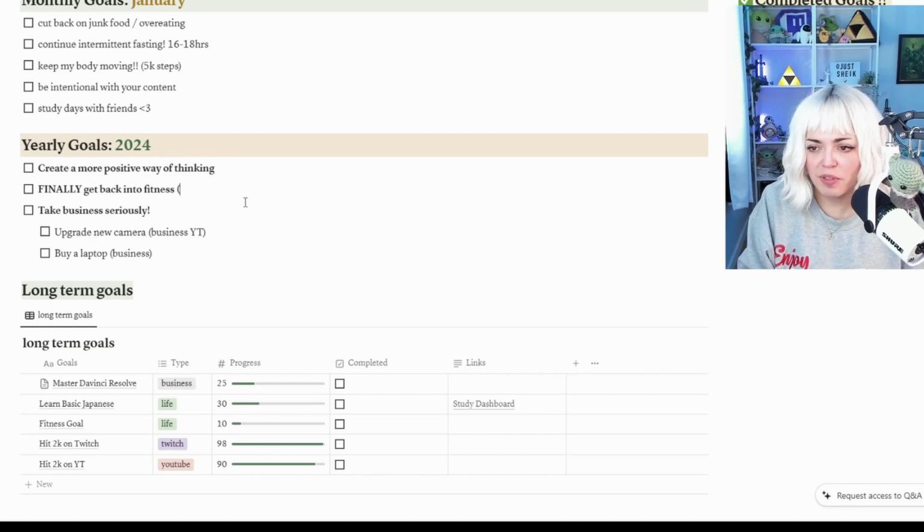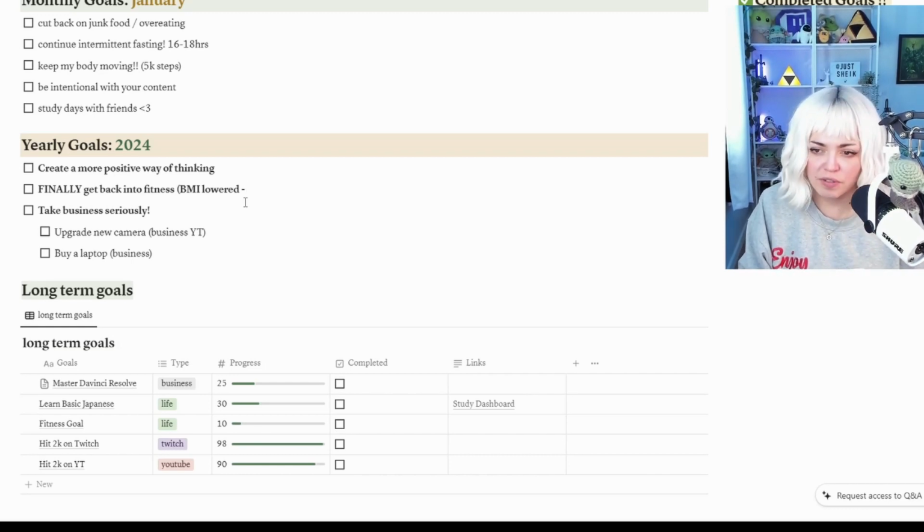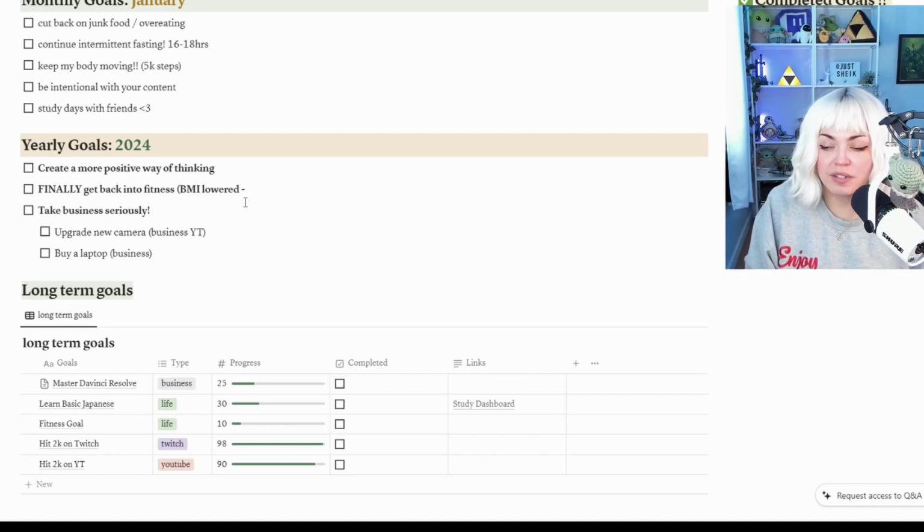I think to prove that would be maybe some BMI lowered, basically just so I know the fat level, because I'm not gonna go off of weight since I will probably gain some muscle, but just bring down the body mass of what's unhealthy fat on my body. I want to lower that because I know that's not good for you if there's too much of that. Muscle is way heavier, so I can't go by the weight. But BMI lowered,